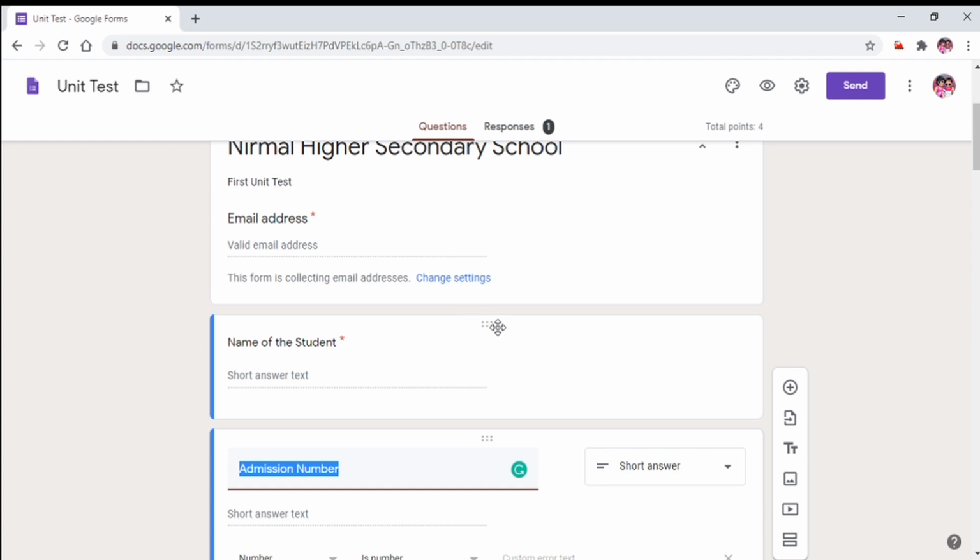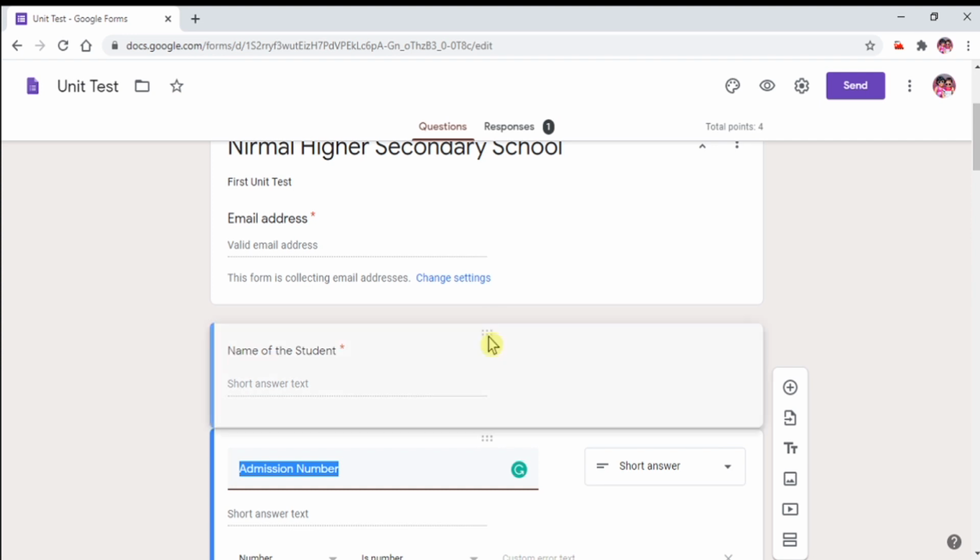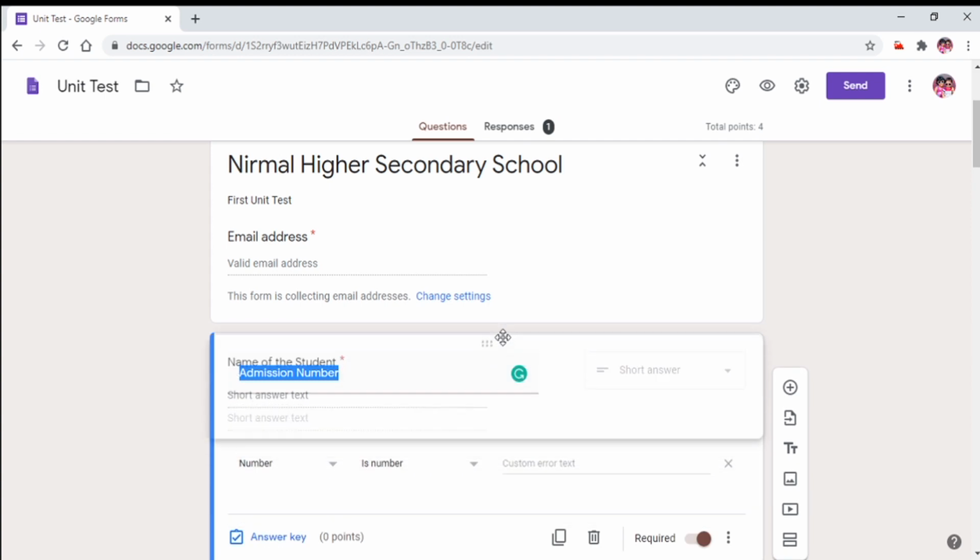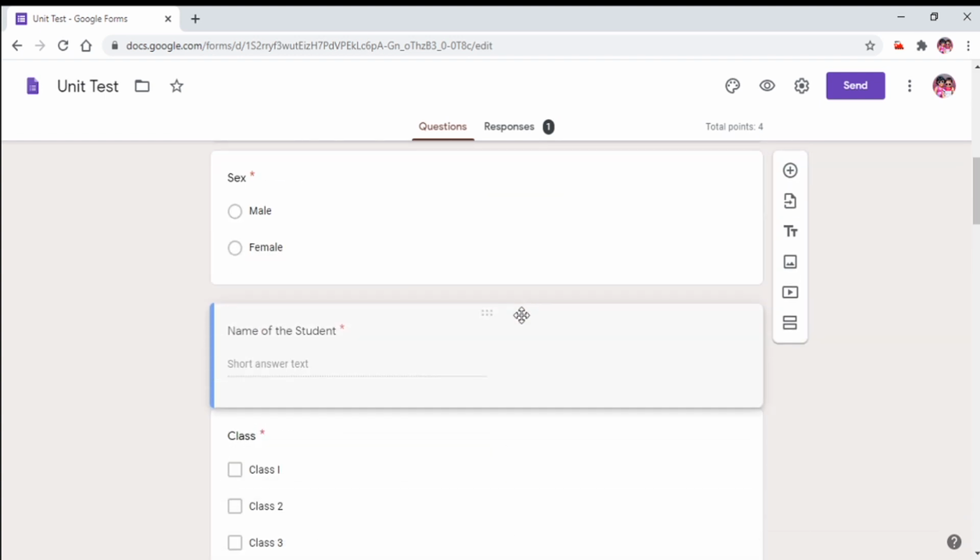Keep your mouse there and it automatically changes into a cross. Click and drag it anywhere you want. You can move it according to your wish.